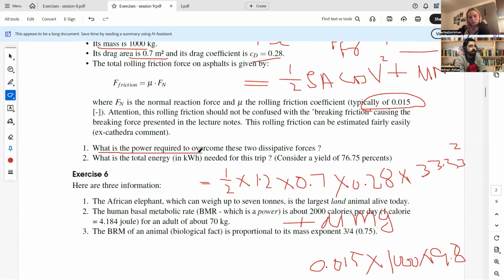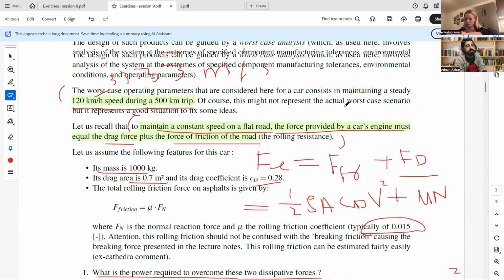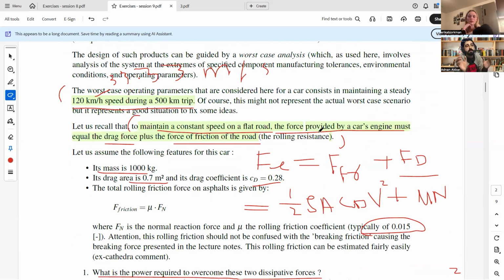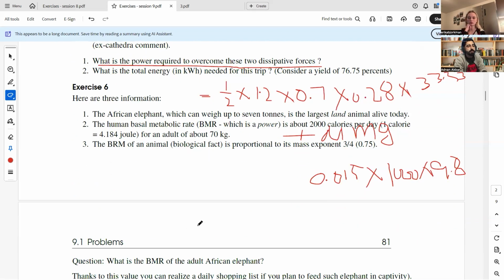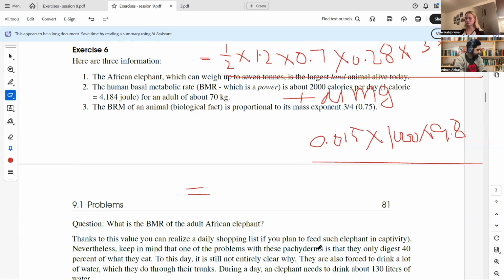What is the power required to overcome these dissipative forces? Which dissipative forces? These two: one is the force of friction, the other is the drag force. On these forces, how much power is required to overcome? So, after solving this whole equation, our results are